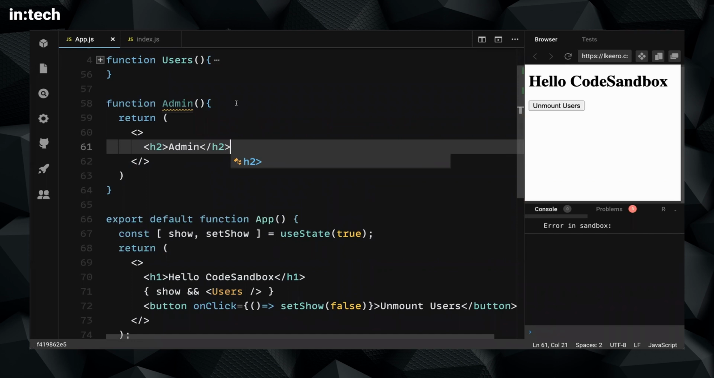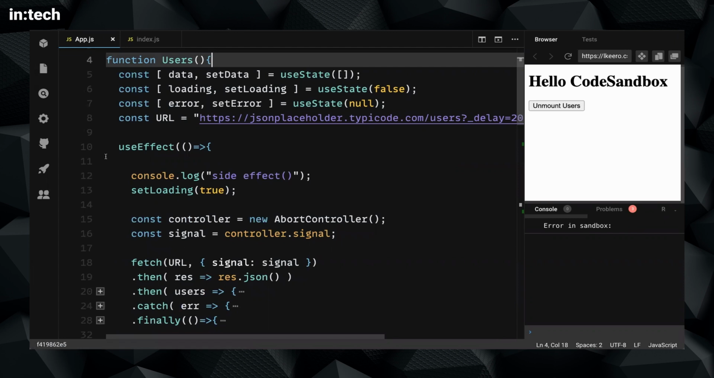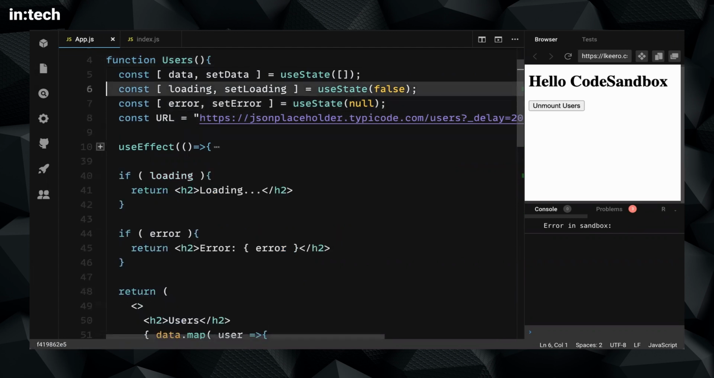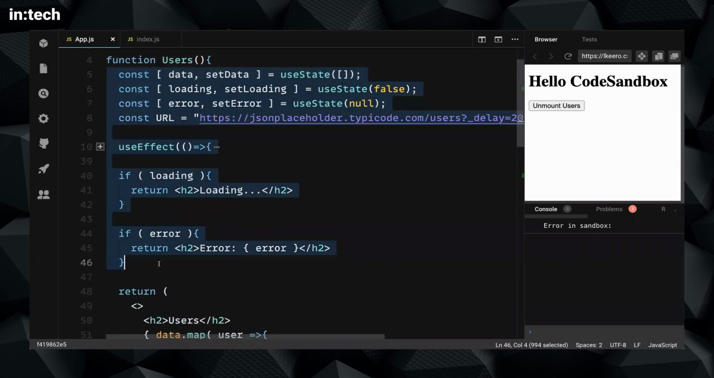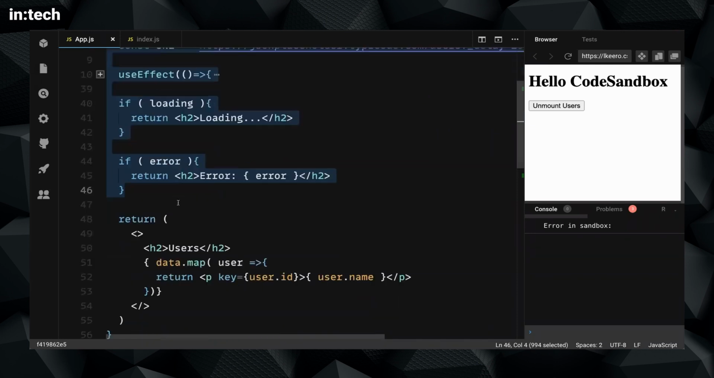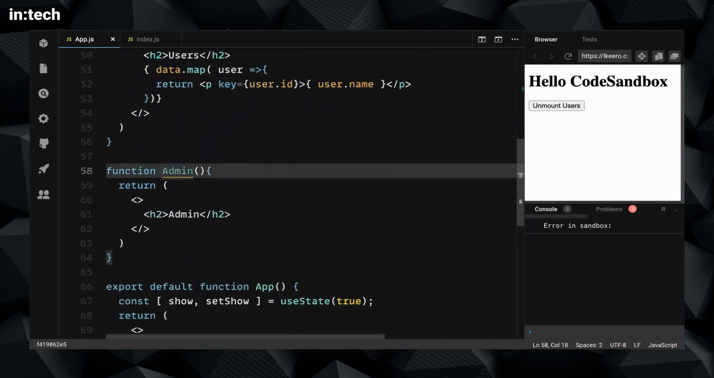Fetch, set the loading state, set the error state, and fetch this URL, or maybe another custom URL. So if I want to replicate this whole process, I have to duplicate a lot of the code. So let's say that I also want to fetch the user's data within my admin component. What I will have to do is take all this code, copy it into my admin component,